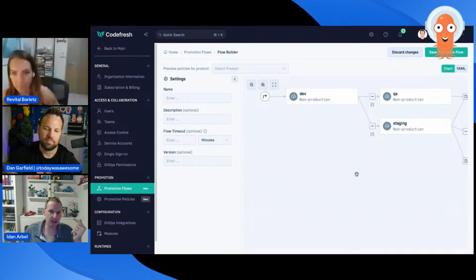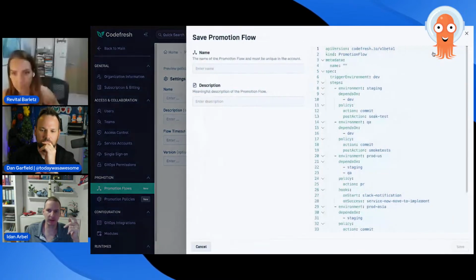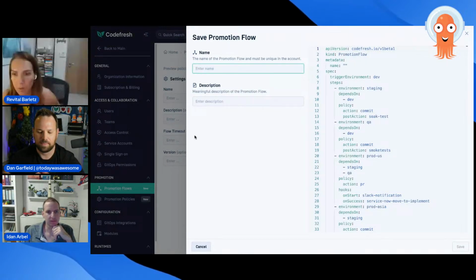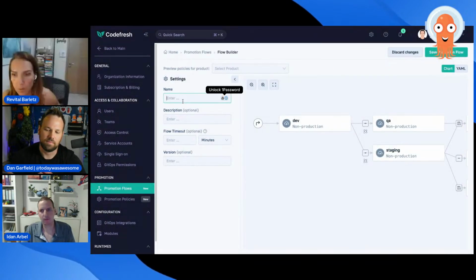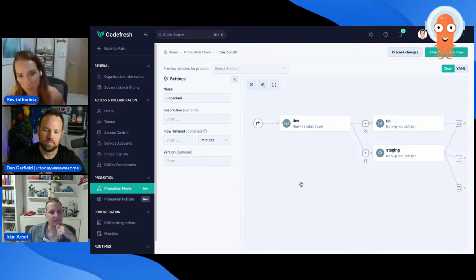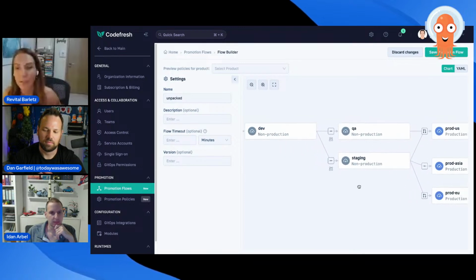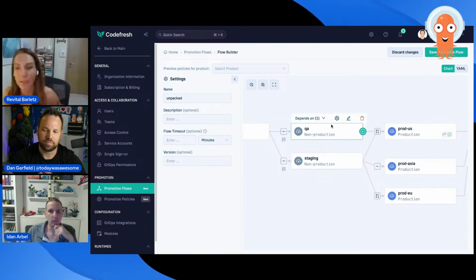By the way, this promotion flow, let's go ahead and save this. Dan, one question I have. Maybe you walk through it, because it was a little bit quick because we instructed you to do it quickly, so it's not your fault. But one question, smoke test: what if it fails? What if one test fails? Do I have a flow that can go out of it?